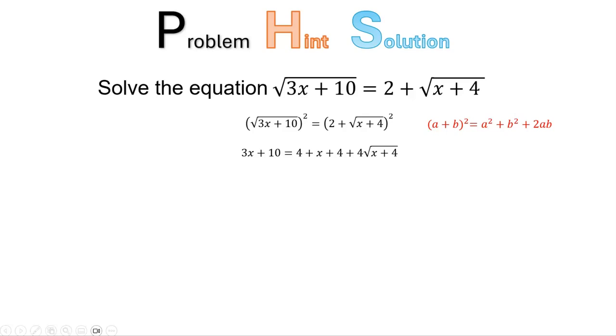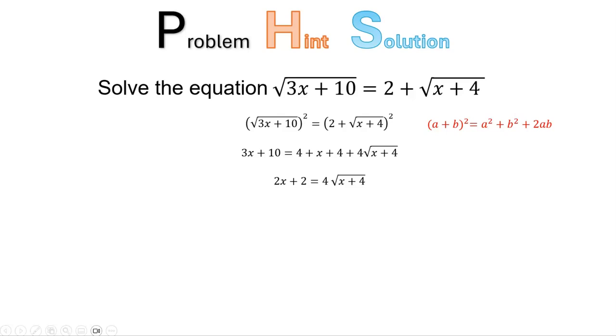So on the left hand side, as I mentioned, we're left with just 3x plus 10. On the right hand side, the 2 squared gives us the 4. The square root of x plus 4, squared, is just x plus 4. And then we've got twice the product of 2 and root x plus 4, so that is 4 root x plus 4. Then tidying up, I'm going to leave the 4 root x plus 4 on the right hand side